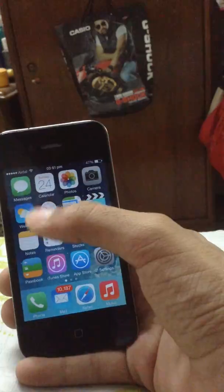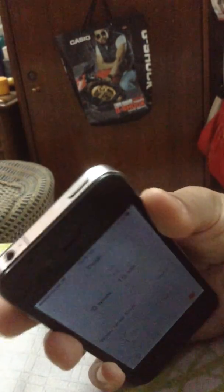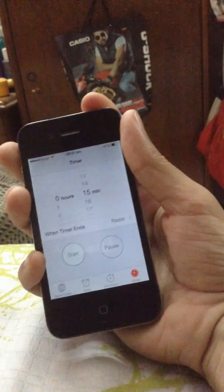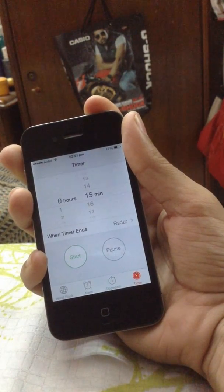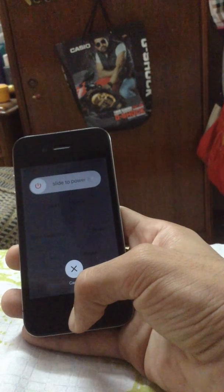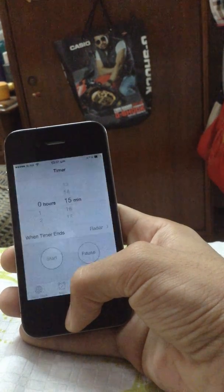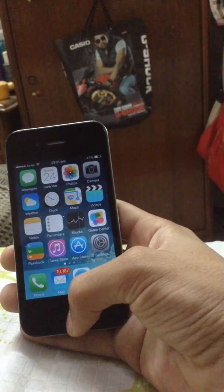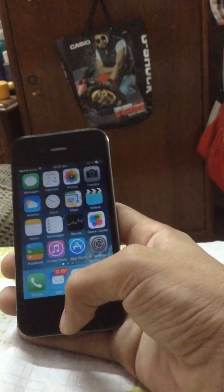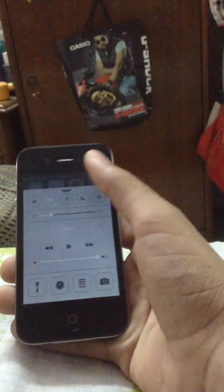So you go to your clock app, you press and hold your sleep wake button. There. And now you would press your home button for 5 to 10 seconds. Yeah. So now if your iPhone gets repaired, you're a lucky user, and the problem you had faced earlier was due to some software glitch,